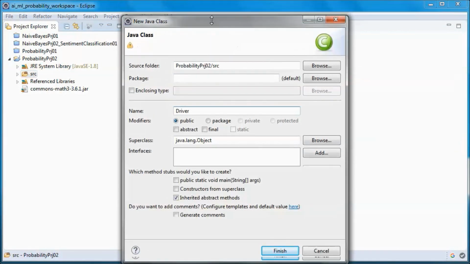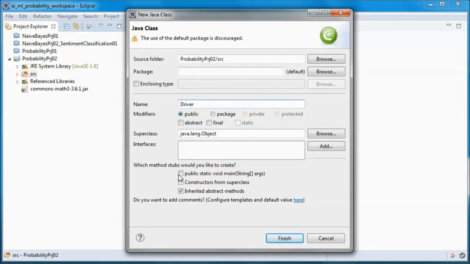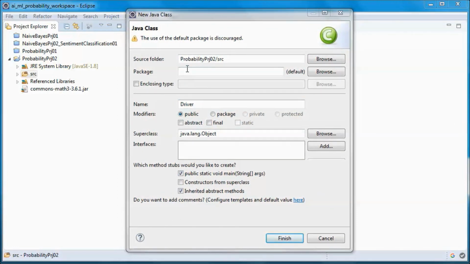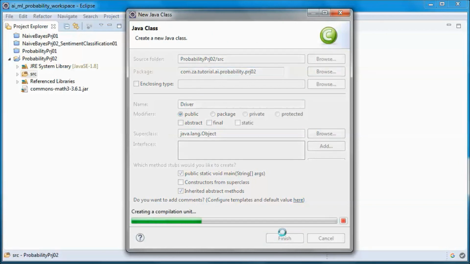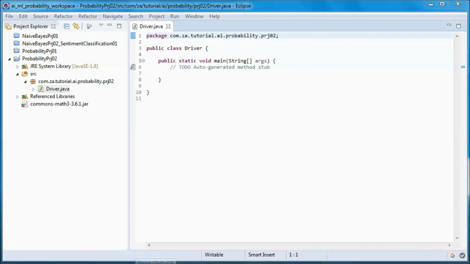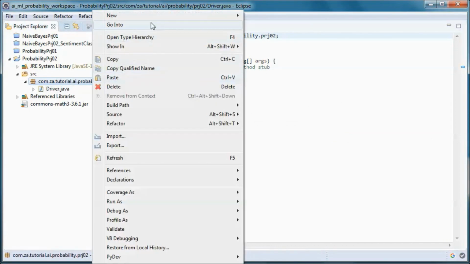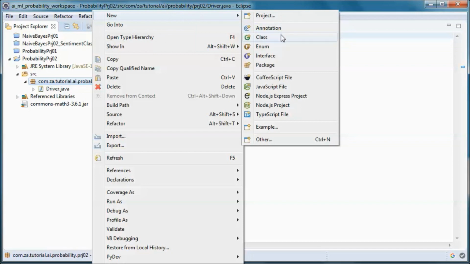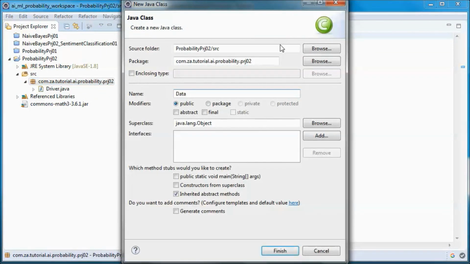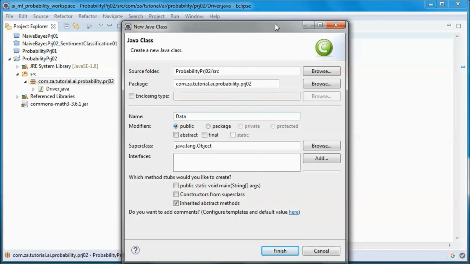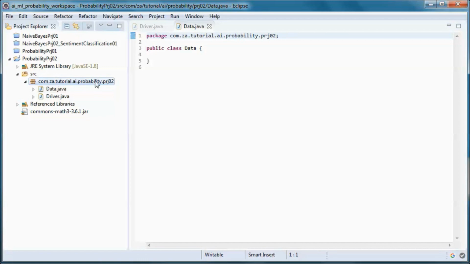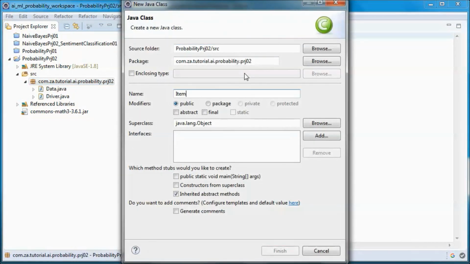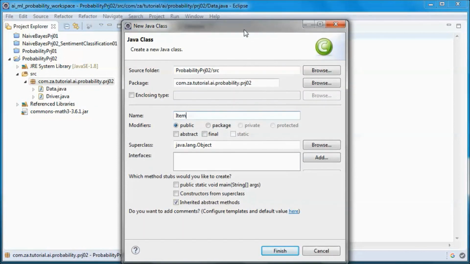A driver class with a main method, and this will be driving the application, and this convenience class that will contain the data used in this application, and this class that represents an item in the data.